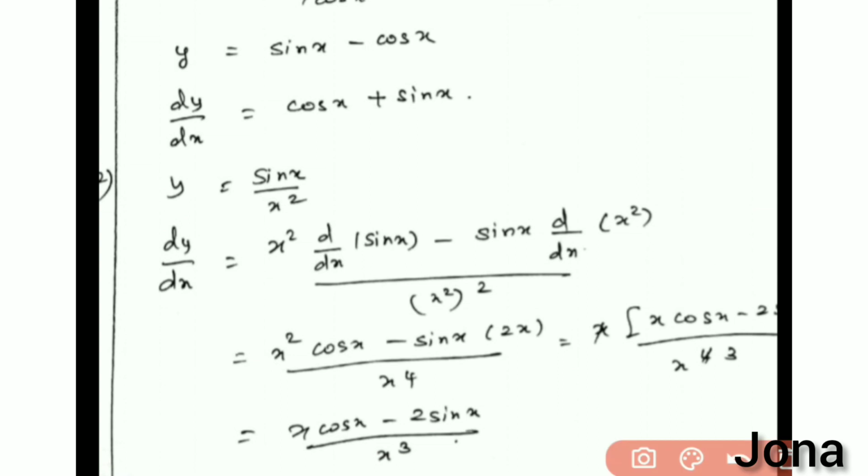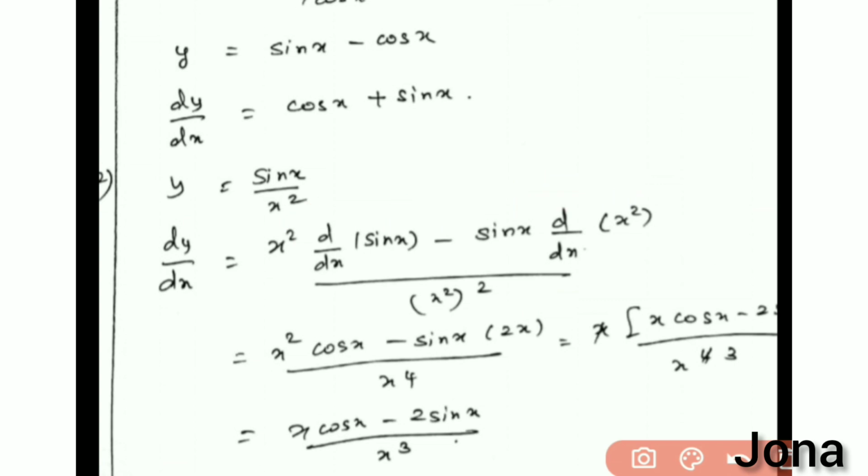12th sum. y equal to sin x divided by x square. So I want to differentiate this y as dy by dx. Here this denominator x square is written as x square the whole square, and at the numerator keep this x square and d by dx of the numerator, minus sin x, the numerator, into d by dx of the denominator. So here we can have the clue there: denominator square, here denominator into differentiation of numerator, minus numerator into differentiation of denominator.